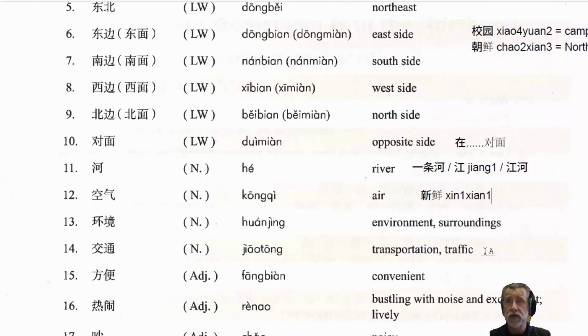We're referring to things like public transport and public roads and that sort of thing. So it can be in that larger sense. But we can also refer specifically to traffic. In other words, the number of cars on the road at any particular time. And here's one word that we could potentially use with traffic to describe it. There'll be some other words in the dialogue, but we learned the expression